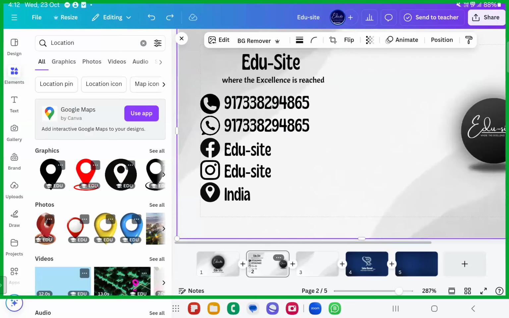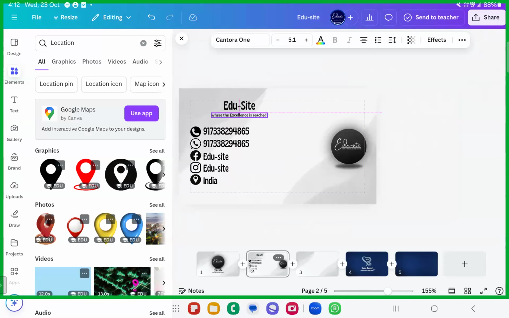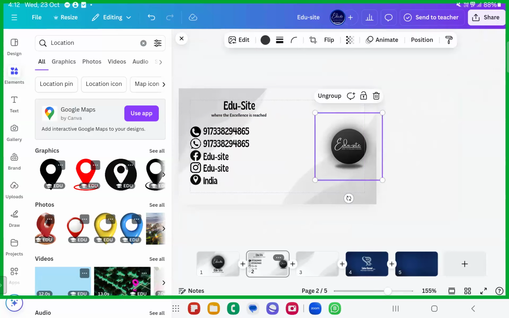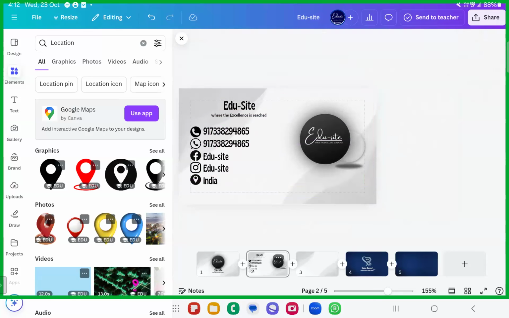Hopefully you have understood how to do this. So this is your business card in hand. You can now send it to your client, or if you want to use it for yourself, you can use it. So these are the ways. It will be the bigger one. If those things are small, make this one bigger. Make sure you're having a beautiful one in hand.